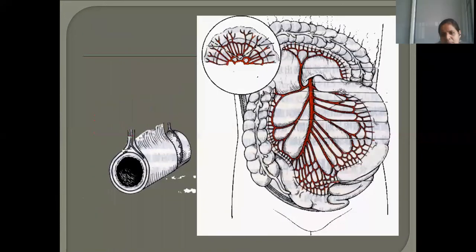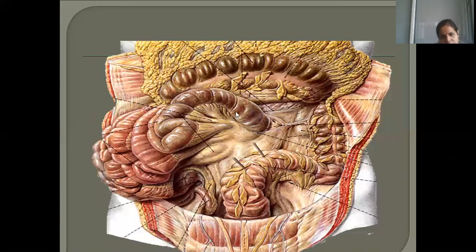Now see, this is all mesentery only, and you are finding such a rich network of blood vessels, which are the branches of superior mesenteric artery. They are forming what are called arterial arcades. We will discuss when we go to the small intestine lecture. The coils of small intestines are being pulled so that you can see this fan-shaped fold of peritoneum. What is this fold of peritoneum which is suspending small intestine? Mesentery.